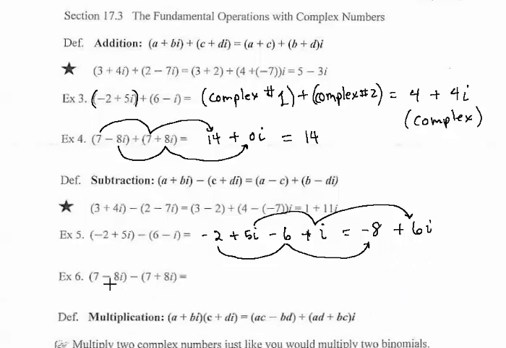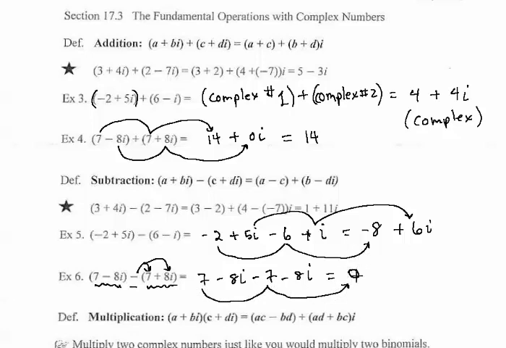Alright, this next one, we have, again, one complex number, subtract another one. So we distribute this minus here to the 7 and the 8i, and we get a -7 and a -8i. If we look at the real parts, +7 and -7, we get 0 for the real part of the sum, and then if we take the imaginary parts, -8i and +8i,